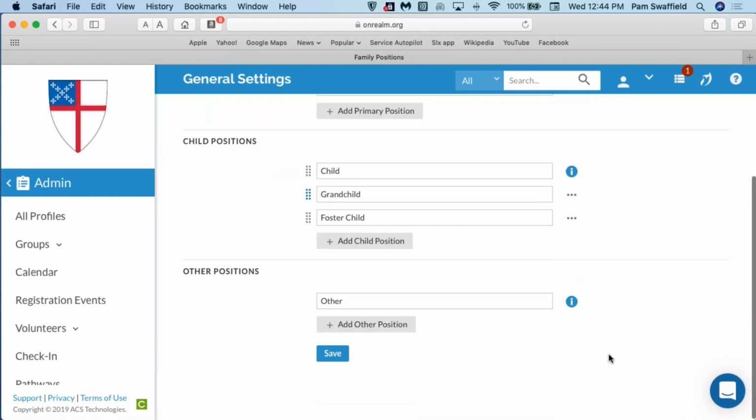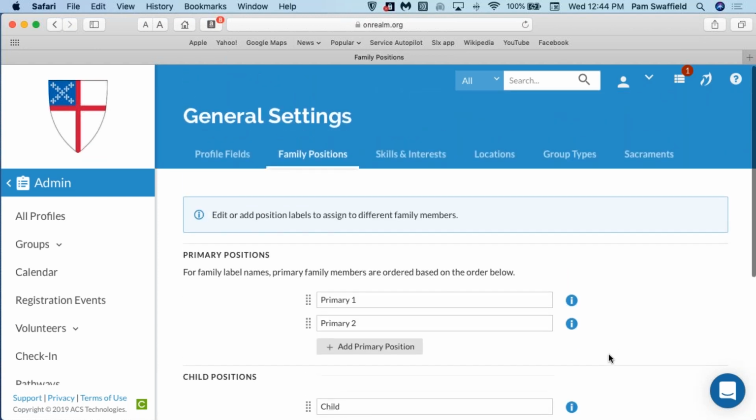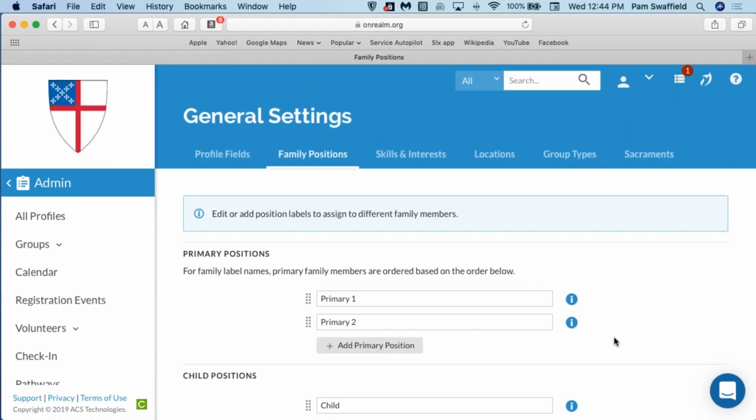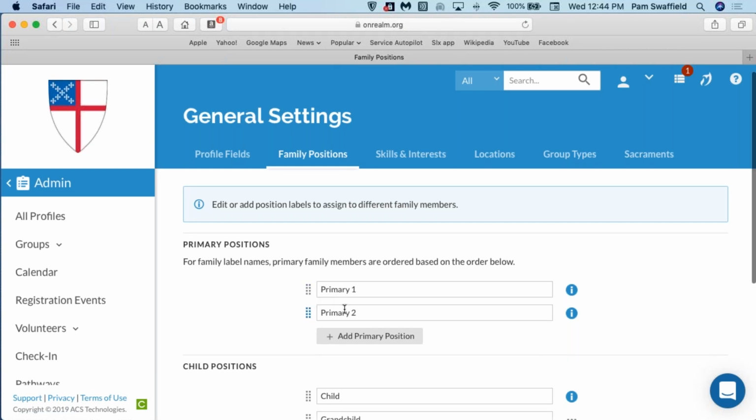the children, and the other people in the family. So within a family, you can have primary positions, child positions, and other positions. So, what is the makeup of the family? Now, traditionally, you had the ability to have two, what we called primary family members, and they were called primary one, primary two, head, spouse, whatever you called them. There were two of them, and that had to work for every family and every makeup of every family that